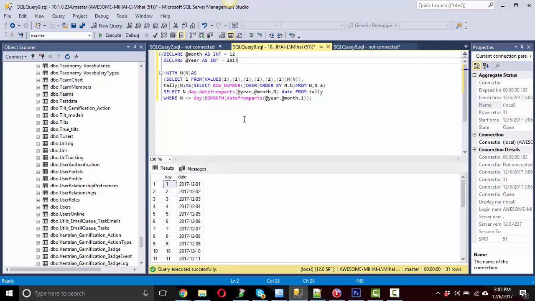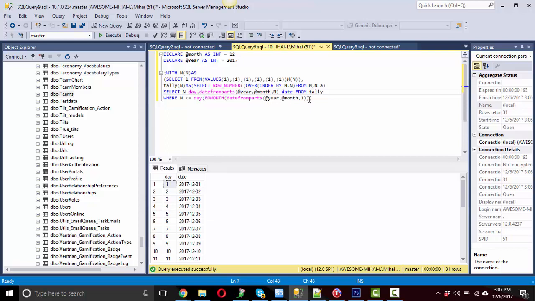We will also need an extra field to tell us if the date selected is current or in the past or in the future. So I'm going to add here an extra field. I'm going to copy the date actually